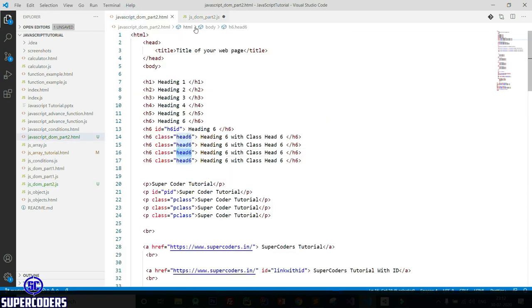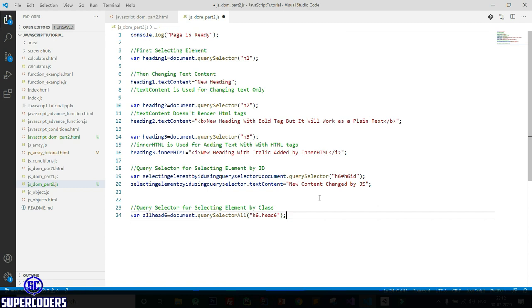So you can copy this class and pass here. Notice this, when you use id you need to pass hash, but when we use class you need to pass dot.